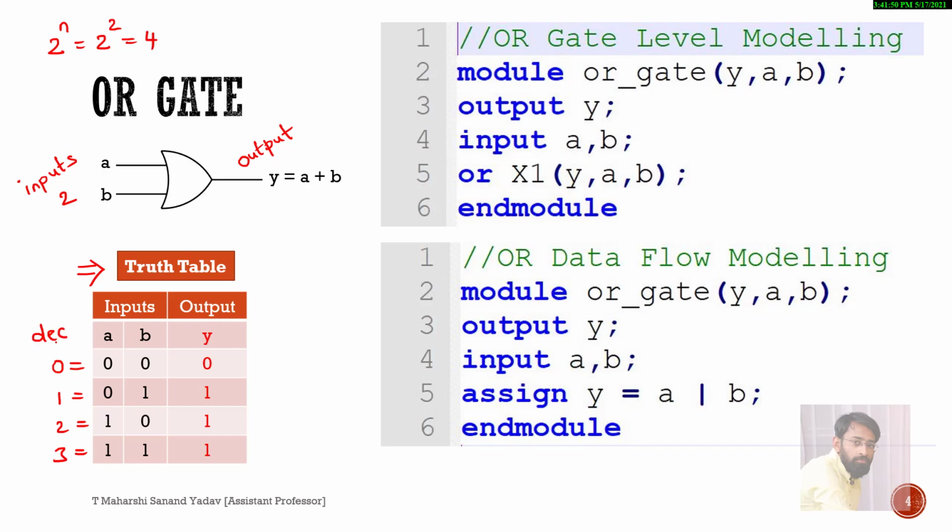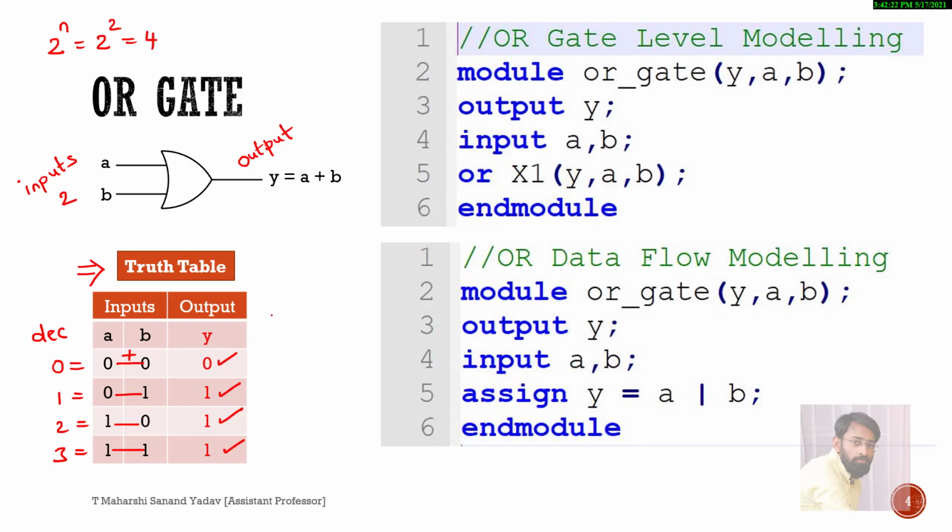These are nothing but decimal equivalents and I have written the binary equivalent for them. So the binary equivalent for 0 is 0, 0 and for 1 it is 0, 1. For 2 it is 1, 0. For 3 it is 1 and 1. Next, as this is an OR gate, we need to perform the addition between two inputs. So simply perform the addition between these two. 0 plus 0 will give 0. Next, similarly 0 plus 1 will give 1. 1 plus 0 is 1. 1 plus 1 is 1.